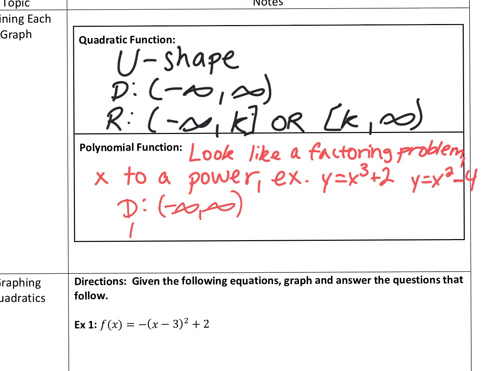Okay, what about the range on a polynomial? What do we say? This one actually is going to depend on what it is. So depend on the highest power. This is going to depend on the highest power involved. Okay, domain is always going to be negative infinity, positive infinity, but the range is going to depend on what the highest power is. Okay, because we're going to be looking at quadratics, we're going to be looking at cubics,